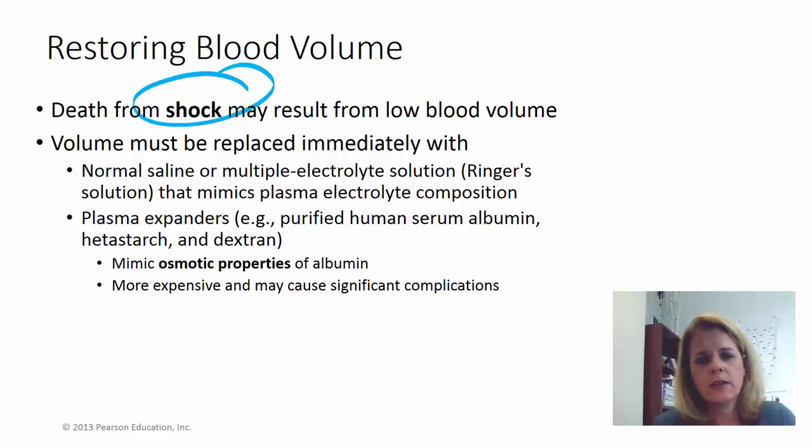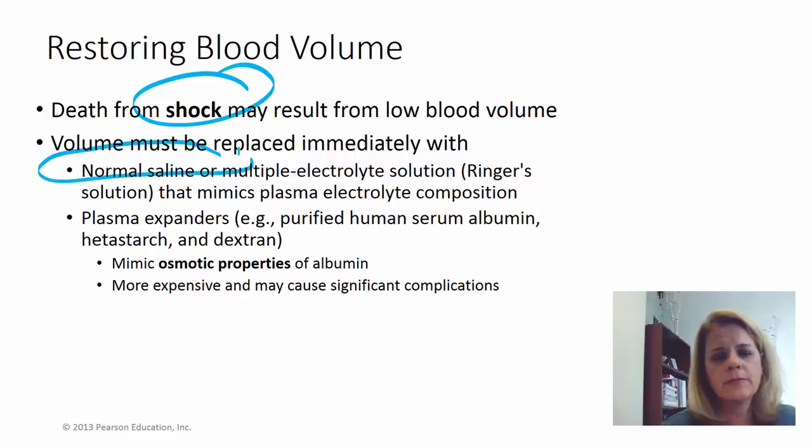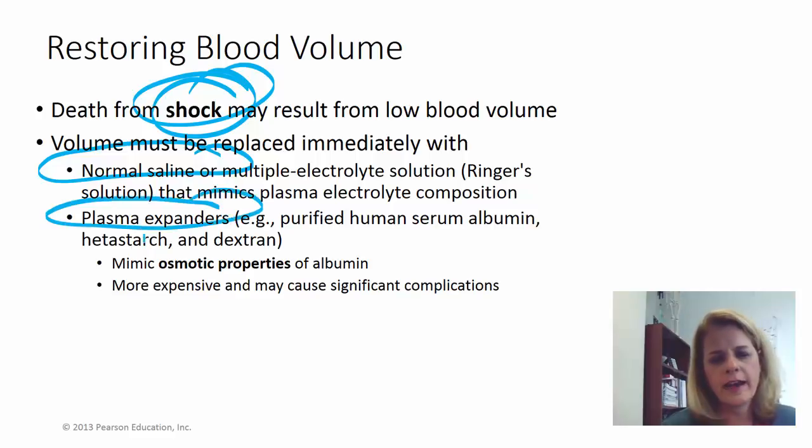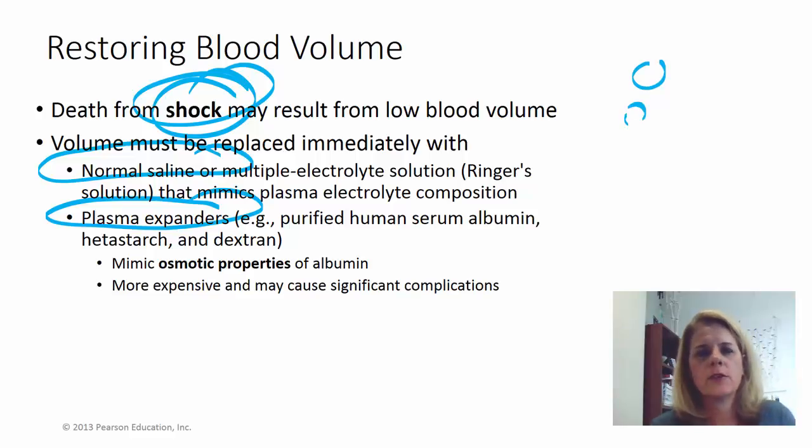And so what they can do is just give you basically normal saline, an IV of fluids, and just push that pressure back up, get the volume back into your system, keep your blood pressure up, keep your heart rate up, keep your cardiac output up, and just keep you alive. Then we'll figure out if we need to give you some red blood cells or whole blood and all that. So to keep you from dying from shock, they may just give you saline, or there are some other what are called plasma expanders, and they're isoosmotic so that they don't cause your red cells to shrink or swell, and we talked about that in Anatomy 1.